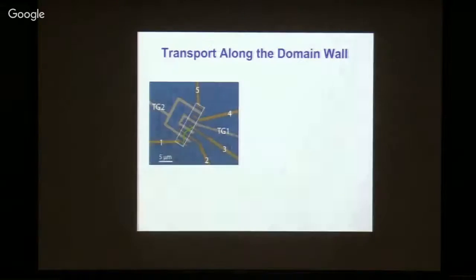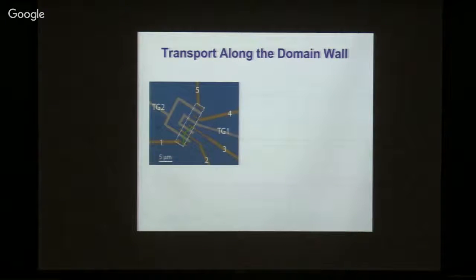Once we create this domain wall, we can try to look at the transport or conductance along this domain wall. So this is a typical structure that we make. The white dashed line corresponds to the bilayer graphene that we cut into the specific shape. And then we can put a lot of electrodes to measure the conductance through it. So in this case, between 1 and 2, we'll measure conductance through a piece of bilayer graphene with domain wall. The green line shows where the domain wall is. And between the electrodes 4 and 5, for example, it will be a reference sample where you measure only bilayer graphene without domain wall going through it.